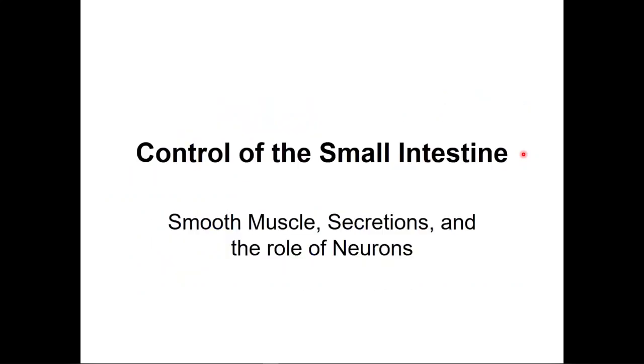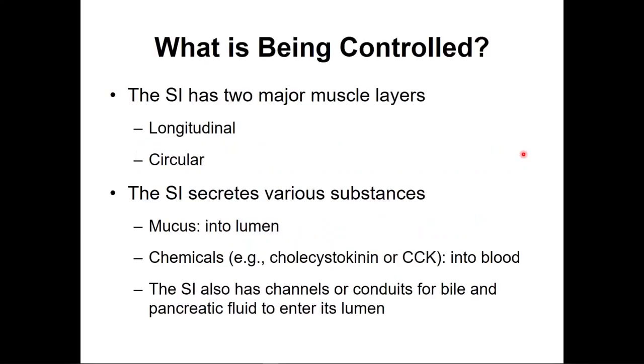So we're going to talk about regulation of the small intestinal muscle motion. So smooth muscle, secretions, and the role of the neurons. As I mentioned, there's two muscle layers that we talked about. The small intestine secretes various substances into the lumen. That would be mucus. Various substances in general, but mucus into the lumen, chemicals into the blood, such as cholecystokinin